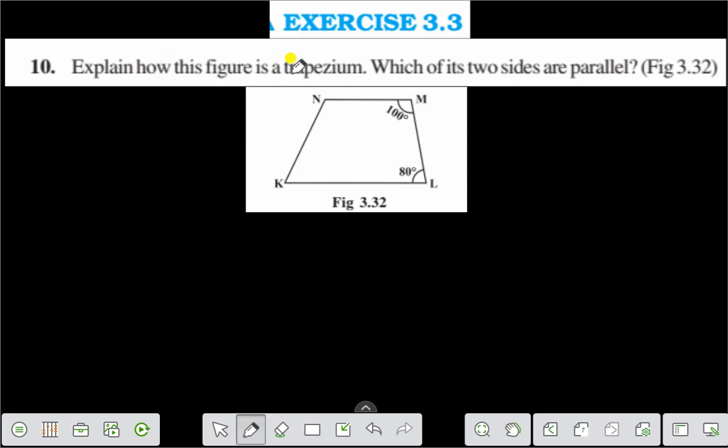Explain how this figure is a trapezium. Which of its two sides are parallel? From the figure you can find that